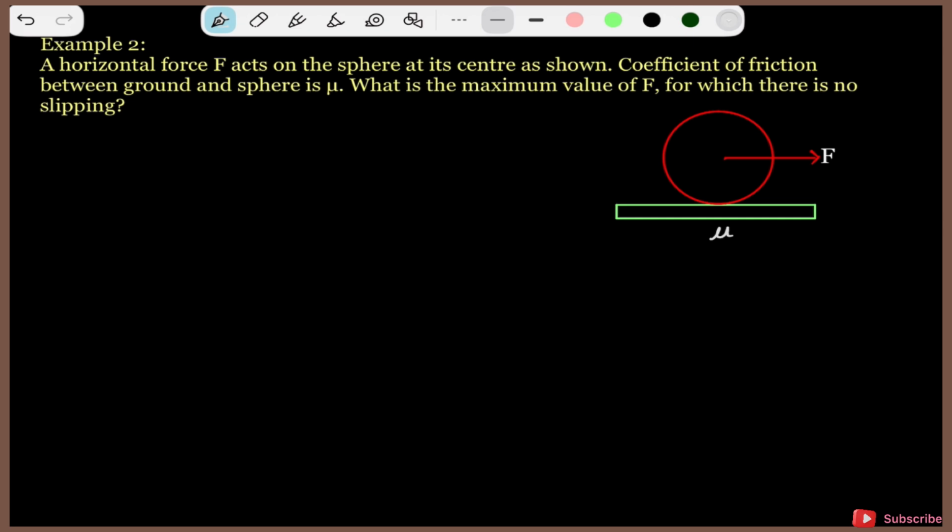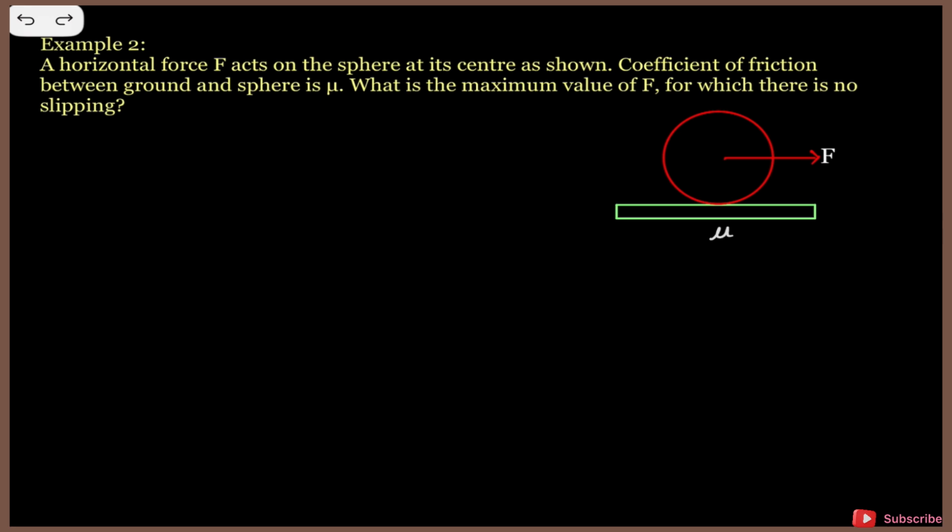Step one is to apply the translational equation. So let us consider again the force of friction acting in this situation is in the forward direction. We can assume that, let's say, it is acting in the forward direction. If it comes out to be negative, then we can turn it around. But still, logically even we can think about something,